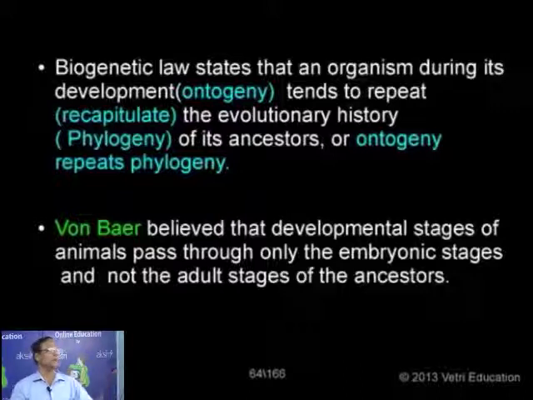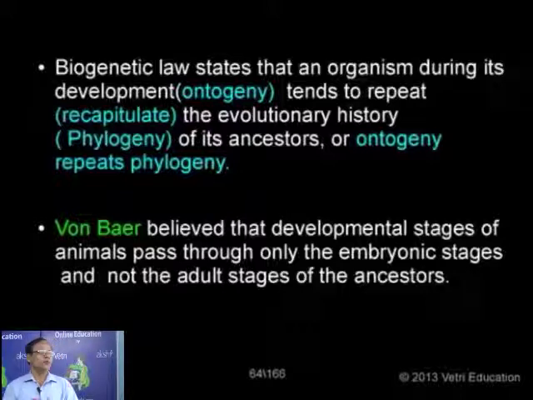There are also many examples for this biogenetic law. For example, the case of the butterfly. The larva is called a caterpillar. The caterpillar resembles an annelid-like character. So it is said that during the development of the butterfly, the caterpillar larva represents an annelid-like ancestor. But it is not the adult stage of the ancestor which is repeated during the development of a butterfly. It is only the embryonic stage of the ancestor, not the adult stage.